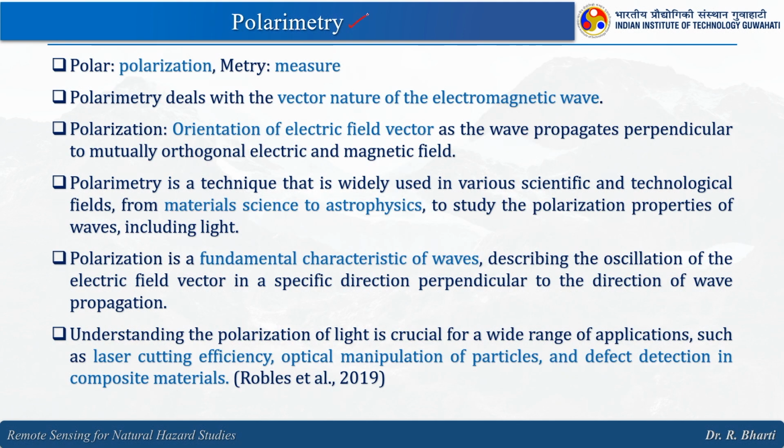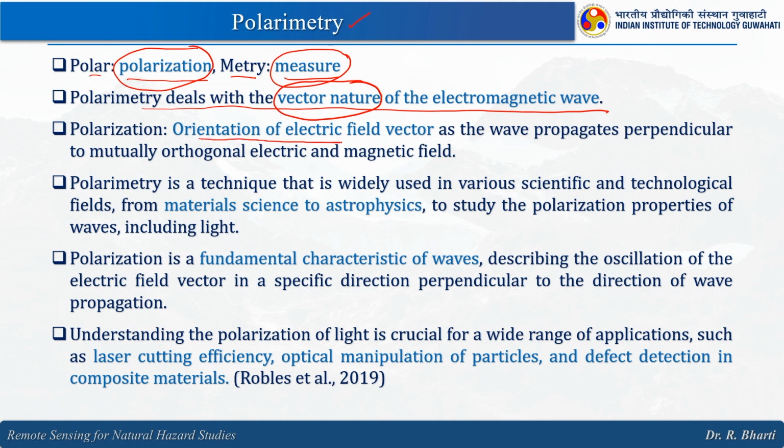Starting with polarimetry, polar means polarization, metry means measure. So, basically we are measuring the polarization, right, that is polarimetry. Polarimetry deals with the vector nature of the electromagnetic wave. So, this vector nature is very important. Polarization is the orientation of the electric field vector as the wave propagates, perpendicular to